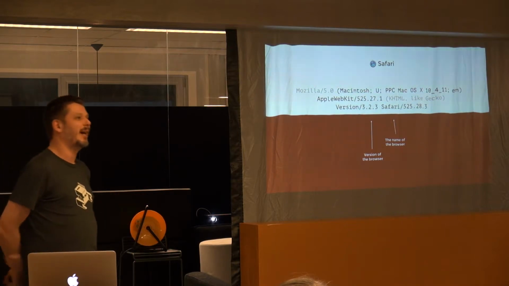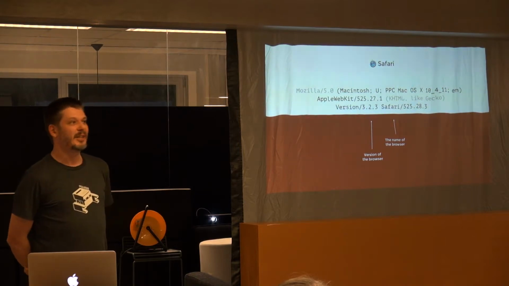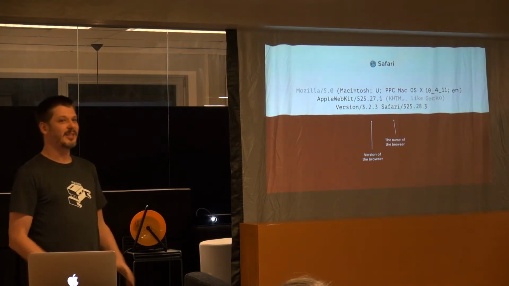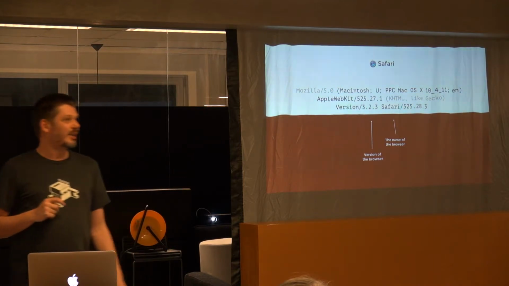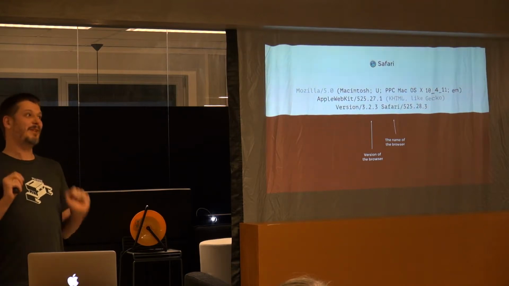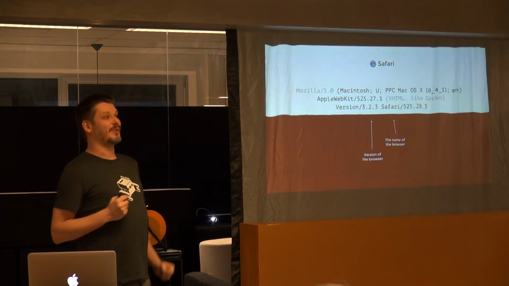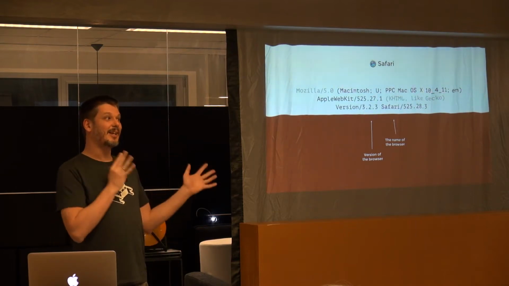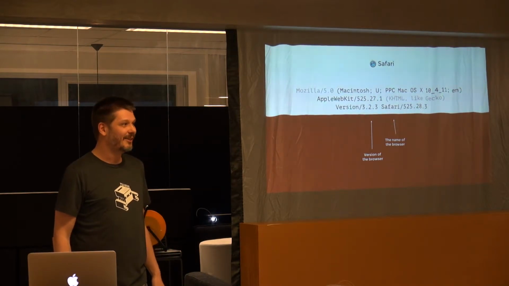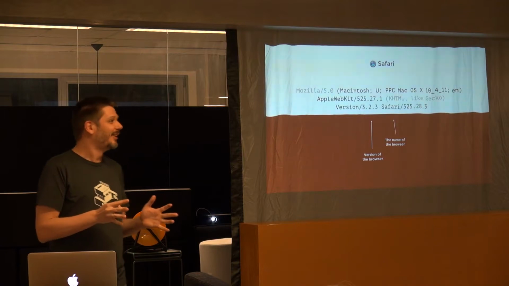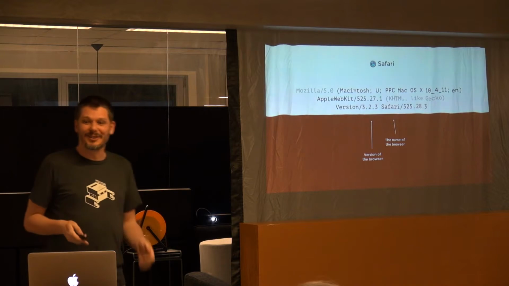Well, at the time, we had two major browsers, Firefox and Internet Explorer. And Internet Explorer was pretty bad, didn't support standards, and Firefox was the latest, greatest thing and did support standards. So, lazy web developers thought, well, it might be a good idea to send the standards version to browsers that say they are Gecko. And Safari wasn't Gecko, but they did want to have the standards version. So they said, well, we're kind of like Gecko, and it worked.